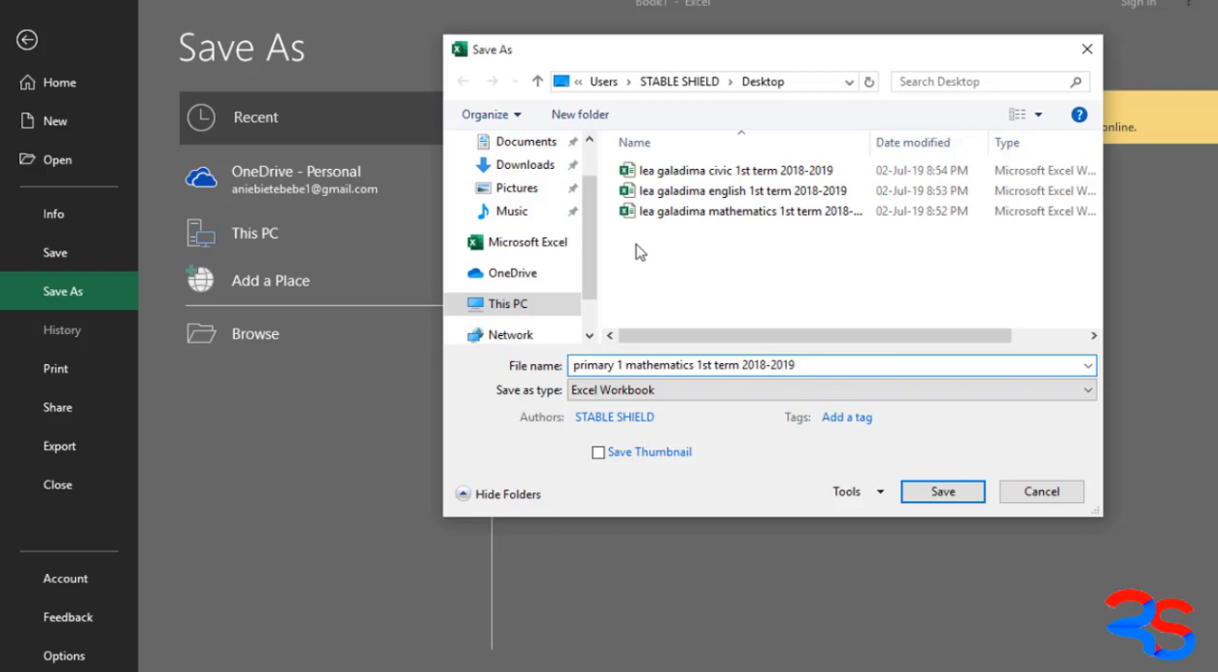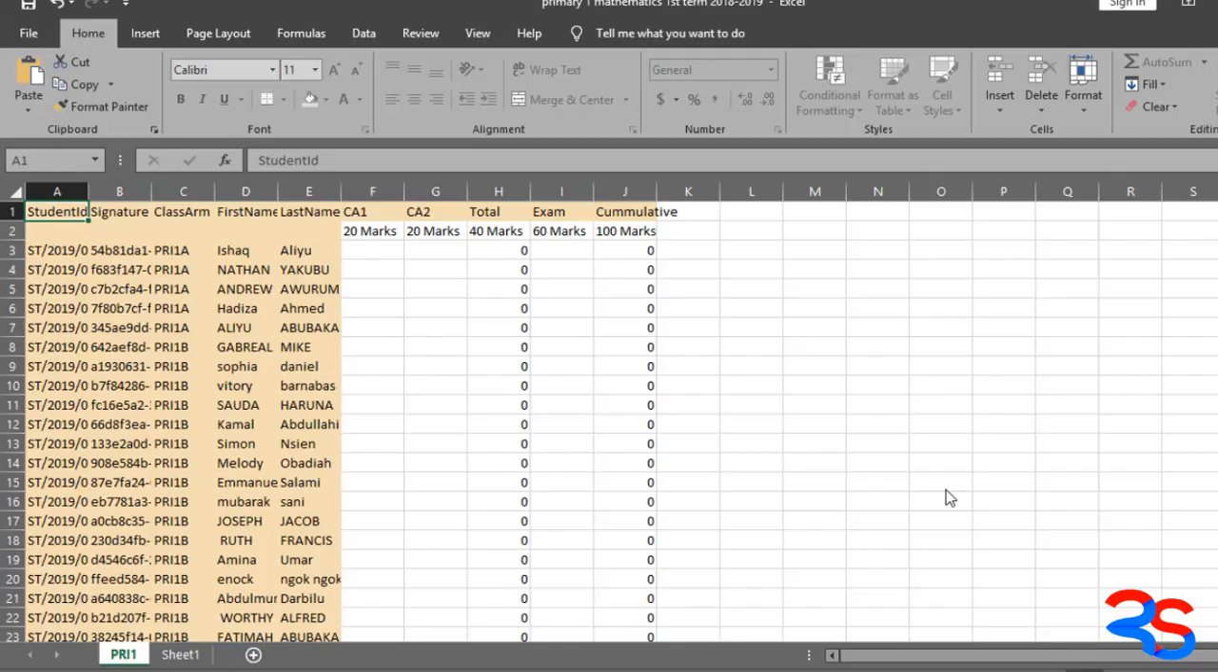I will repeat again, the format for the file naming is the class first, the subject, the term, and the session. As you can see here, this is primary 1 mathematics first term 2018-2019, and then you save it. So we've been able to generate an Excel sheet for primary 1, subject mathematics, first term 2018-2019,